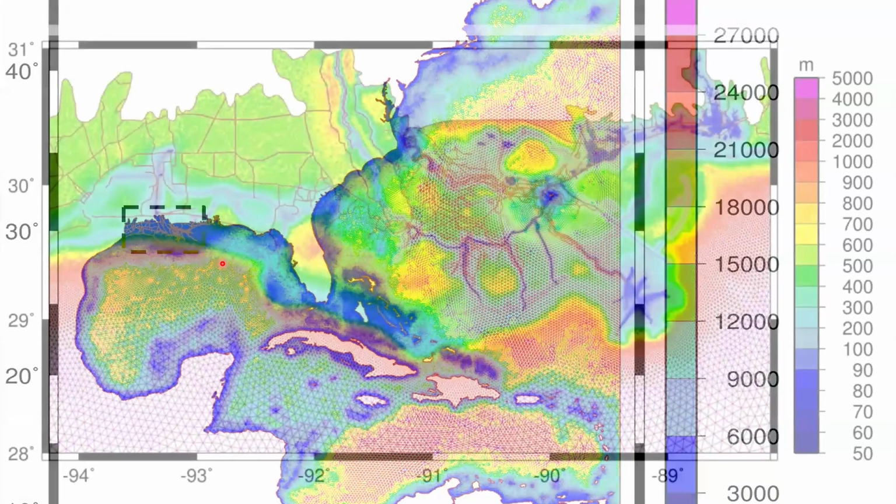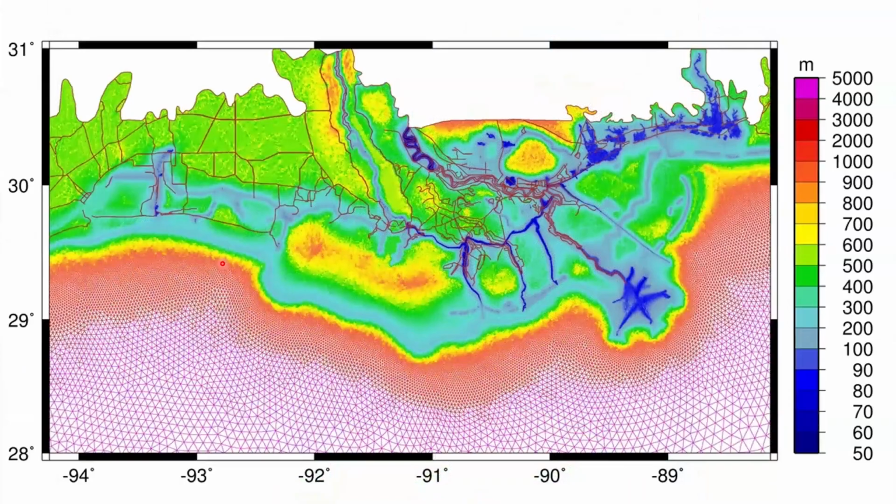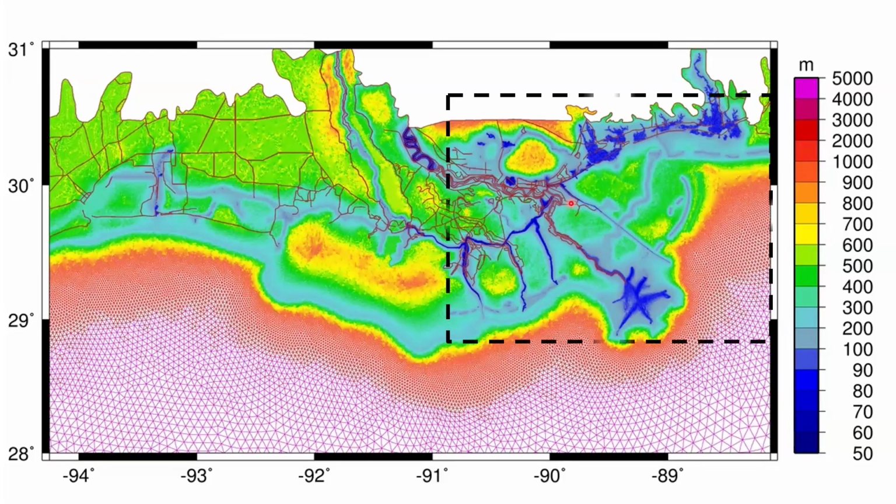So for example, if we zoom into the New Orleans area here, you can start to see a little more detail. The area right here is downtown New Orleans, with Lake Pontchartrain to the north. And you can see the Mississippi River and the Mississippi River Delta here. And so now you see the blue areas here. As we zoom in, we're getting elements on the order of 50-ish meters in those regions. And again, the idea being that you supply more resolution where you want more accuracy.